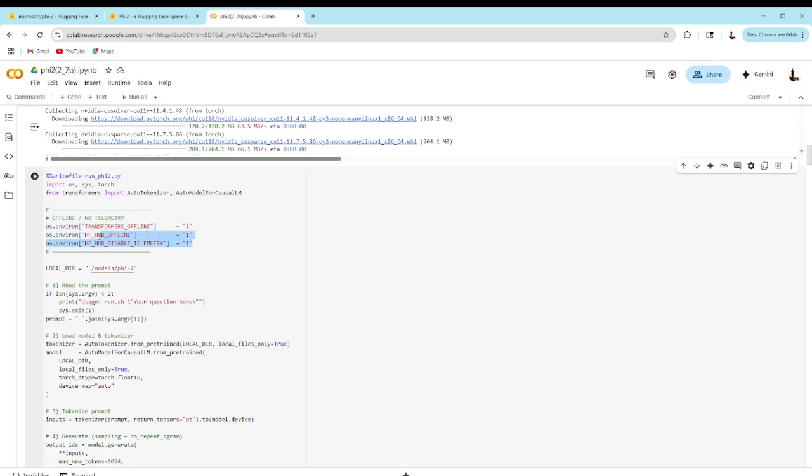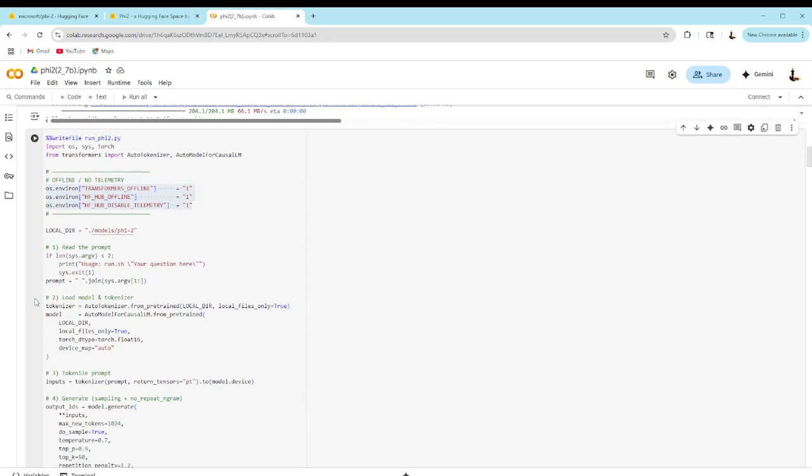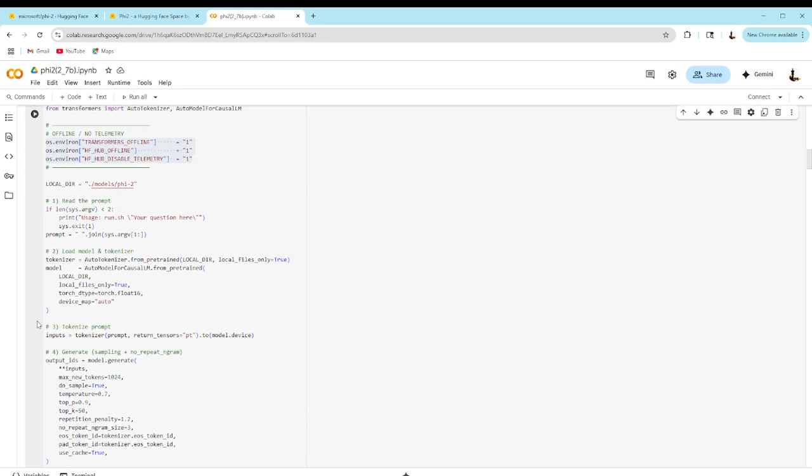This is always a good thing to do after you've downloaded the model, so that you know they can't take any info from you. This is all running on Google Colab, and you can basically just click Run All, and then it will run all of these.